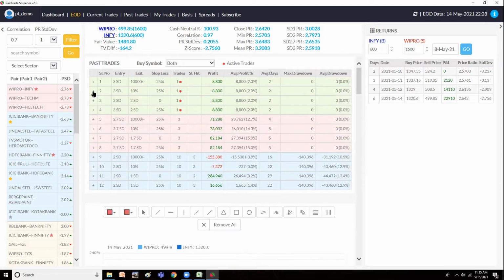Another piece of information we get from the table is which pair is good at what level. For example, visually also, if you see here, we can know that if the pair comes to 3 standard deviation, I can enter this trade. At 2.7 also, I can initiate the trade here. But at 2 standard deviation, this pair gives mixed results. So I may have to hold for a longer period of time, and the drawdown is also on the higher side, and returns are also not great in this combination.